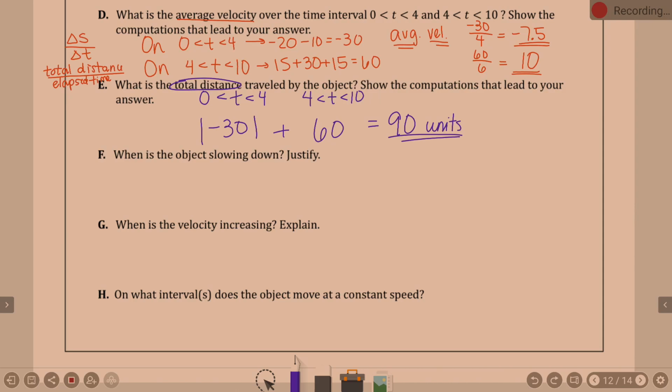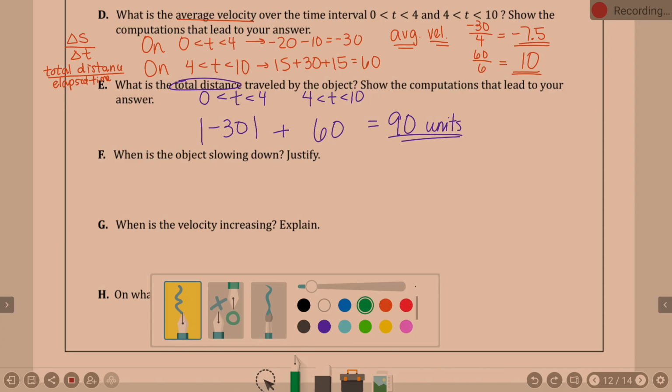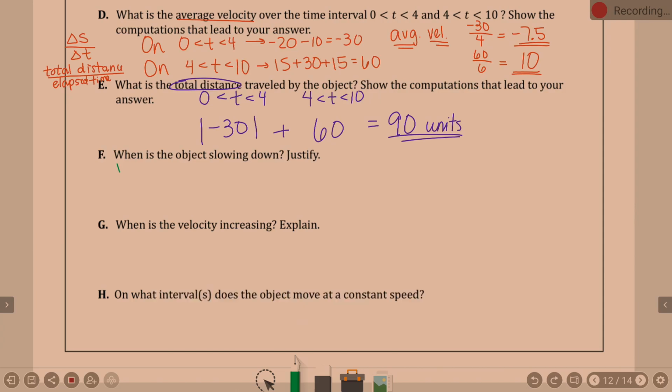Okay. When is the object slowing down? That's when the signs are opposite. When V of T and A of T have opposite signs, I agree with that statement. It's 2 to 4 and 8 to 10. Nice. Do we agree? Yeah. That's what I have in my answer key. So, 2 to 4